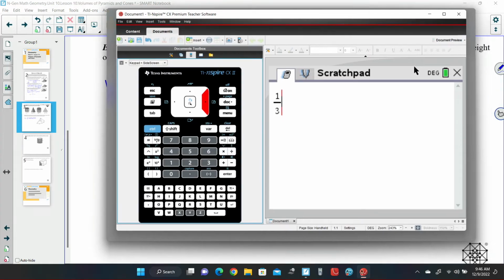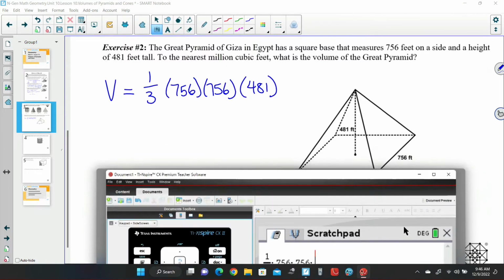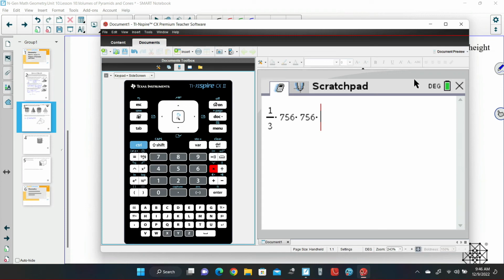1/3 times 756. Actually, maybe put the times button in there. 756 times 756 times 481. Yep, 481. This is going to be a large number. And we have